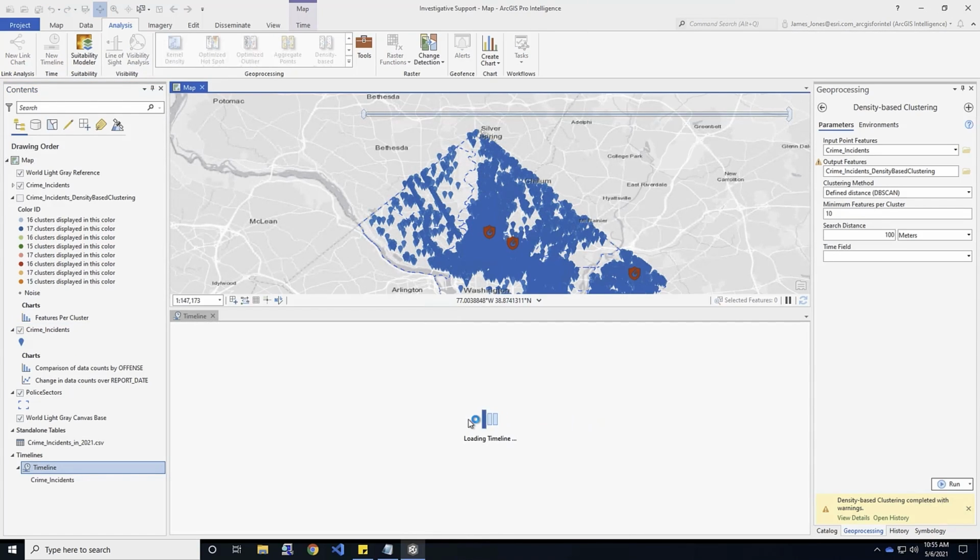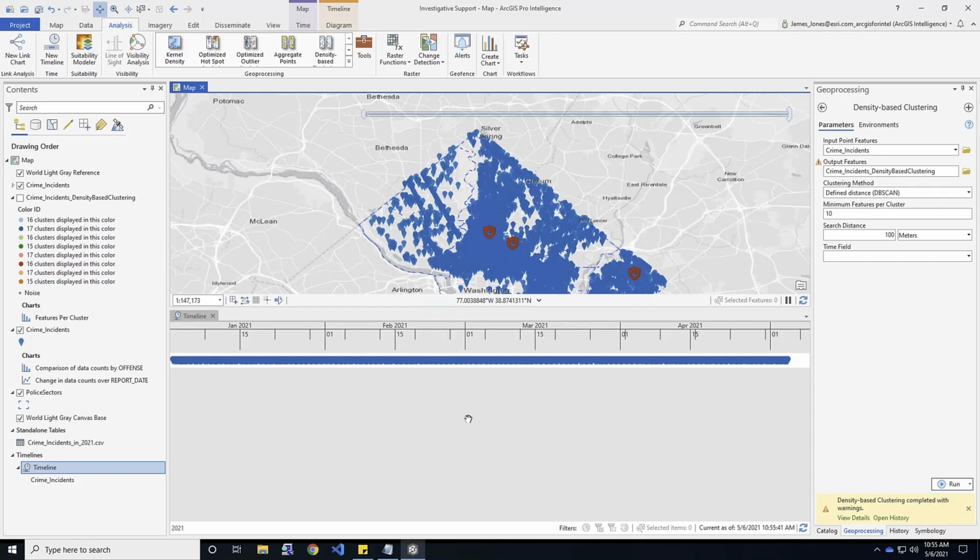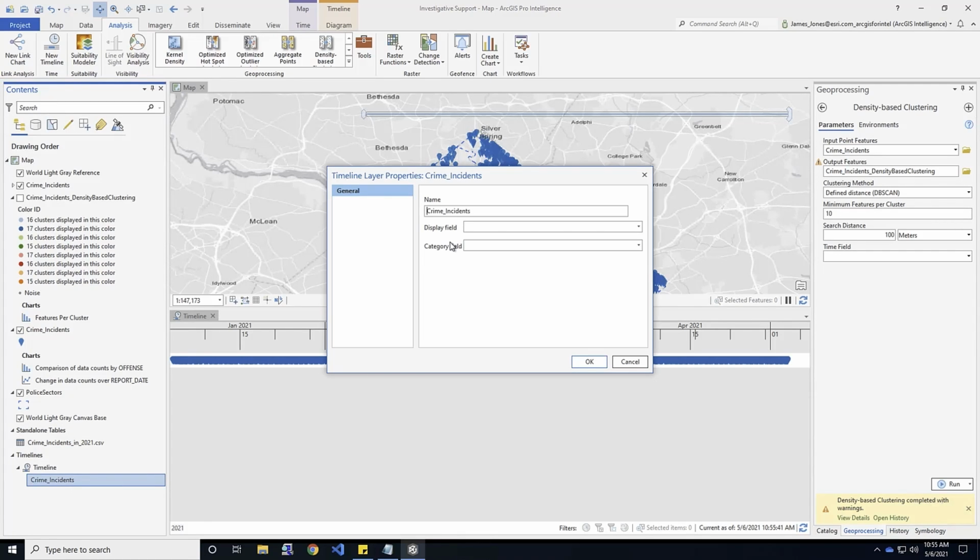And it's going to go ahead and add our data to a timeline. It's going to take a couple seconds to load here. And then while that's loading, we can go down here to the layer. We can right click and go to the properties for our layer that's in the timeline. And then we can specify the display field